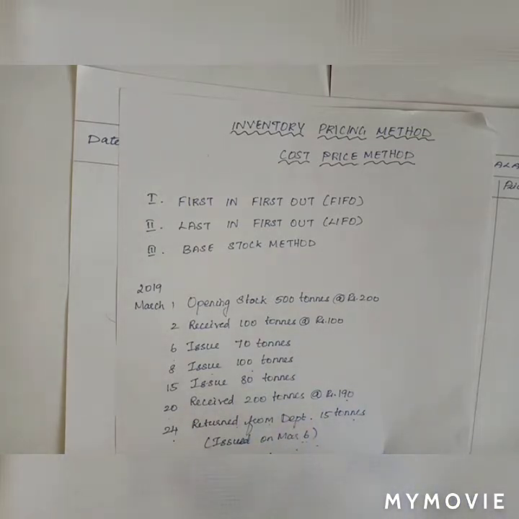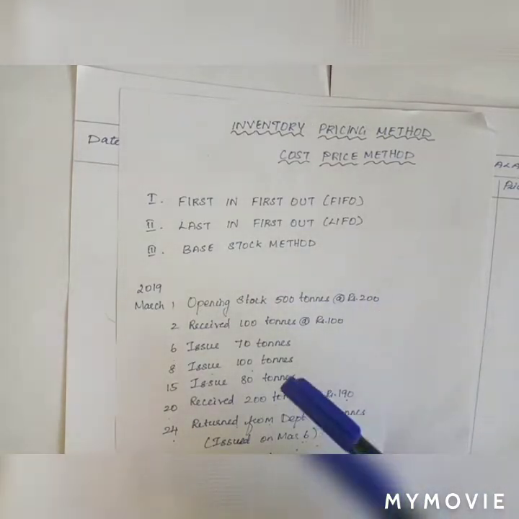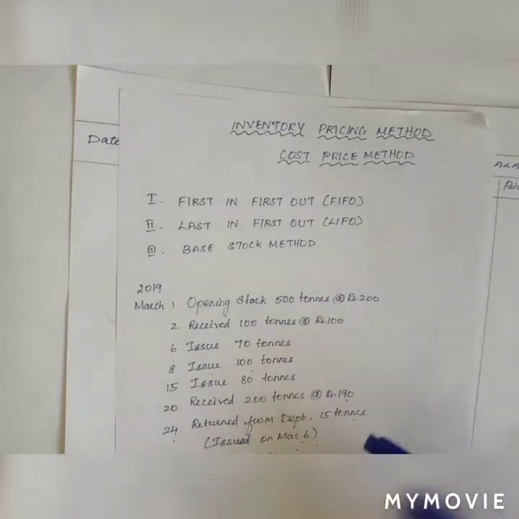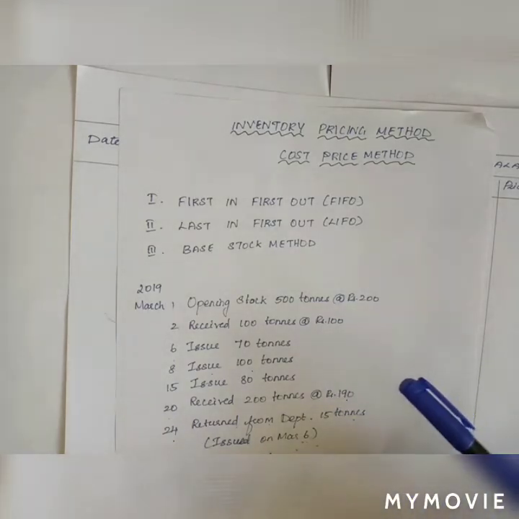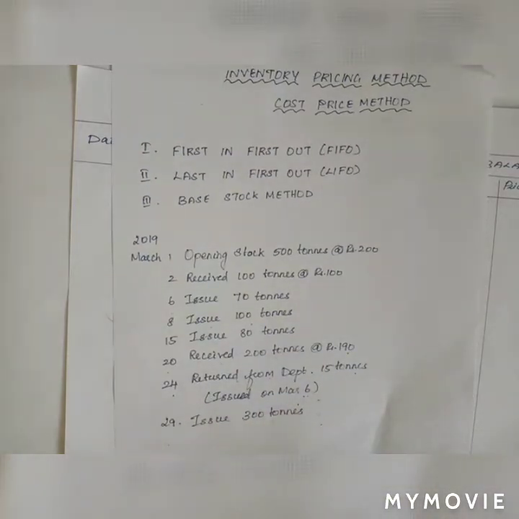So at the end you will be finding out the closing stock. This opening stock is the closing stock of the previous month, February. Likewise, the answer of this particular question will be the closing stock for the month of March, and it will be the opening stock for the month of April. So let us see how it is worked out. We'll use the FIFO method and see how we can work it out.